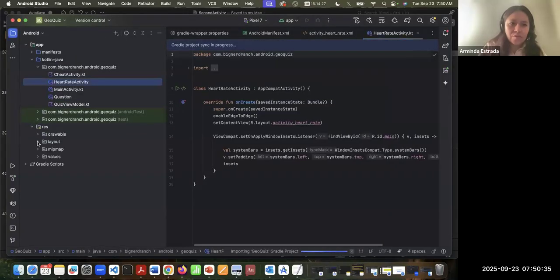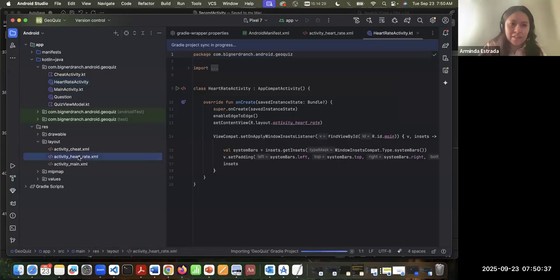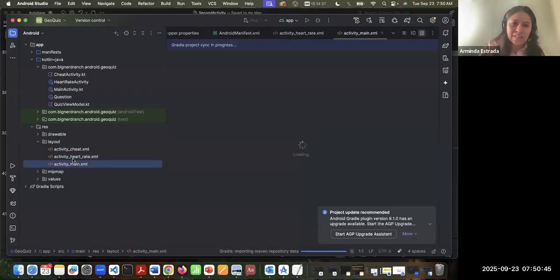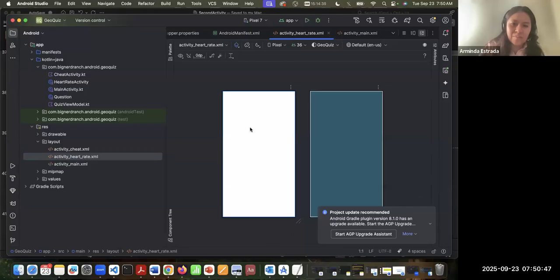you go into the resource file, the layout. Look at this. That layout was automatically created for us. And in here, that's where we're gonna do the same thing that we've been doing with the main activity XML. We're just gonna be creating the buttons, the views, text views, and the edit text. Okay. Now I'm gonna go ahead and